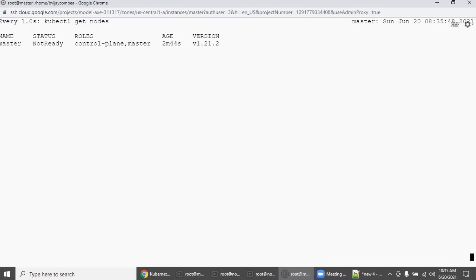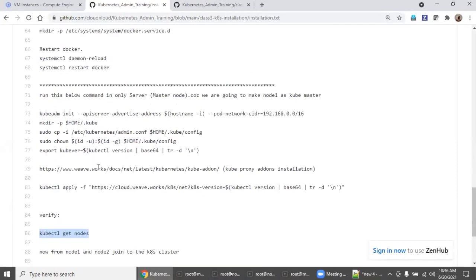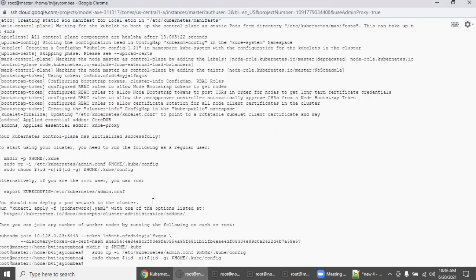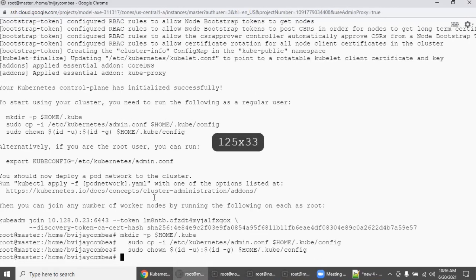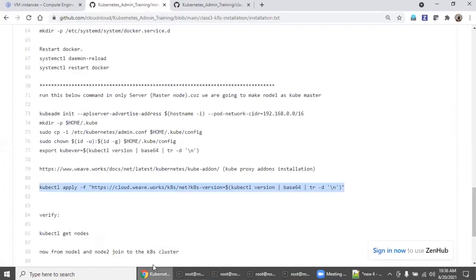You see the status is not ready. Till now, we are not concentrating on the worker nodes. We are concentrating only on the master node, right? So in the master node, we have to install some driver. So copy this and go to your master and say apply. If you are stuck on this, then there is a link. So open this link in another tab.